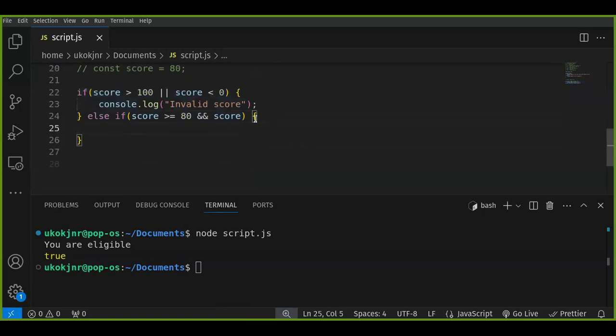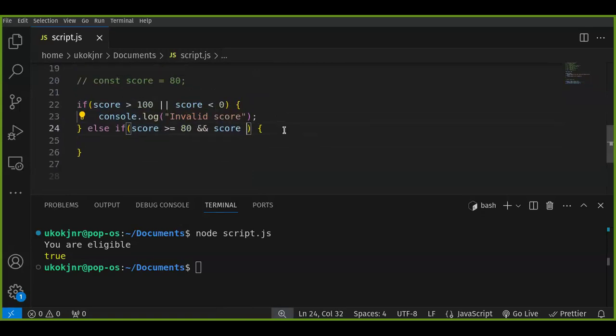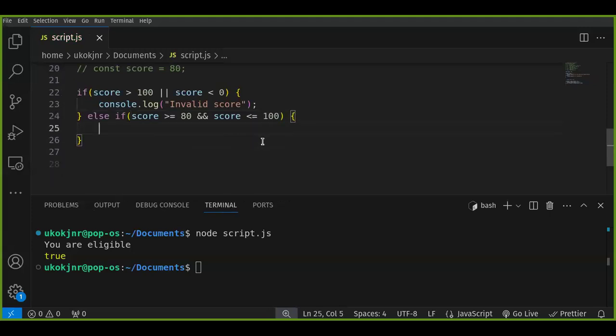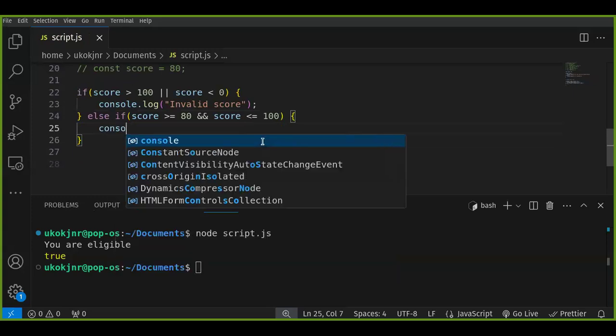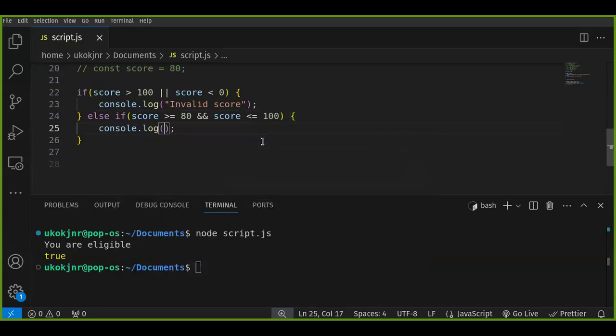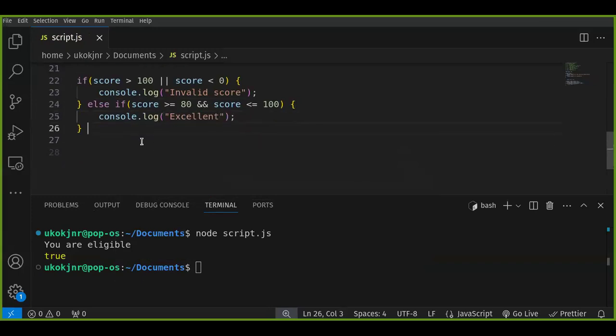Okay, so we said first, if the score is greater than 100 or is less than 0, invalid score. If your score is from 80 and your score is less than or equals to 100, you should say console.log excellent, else